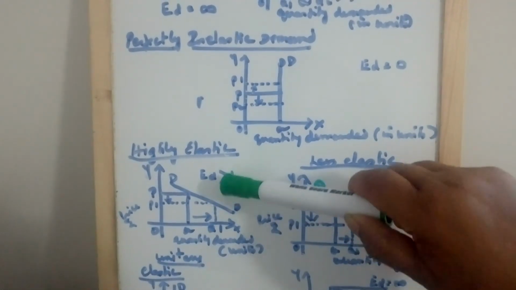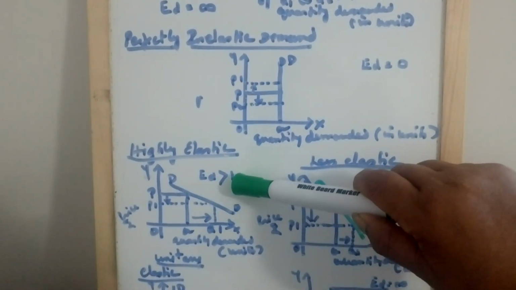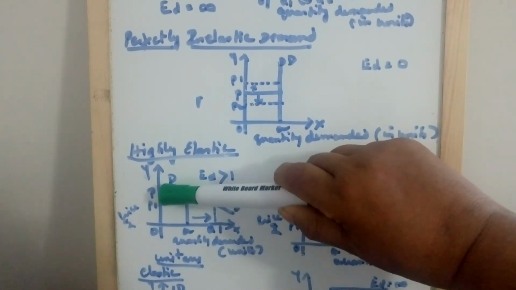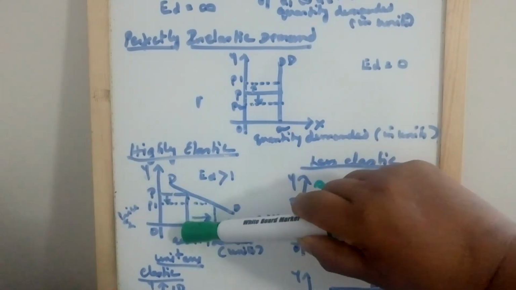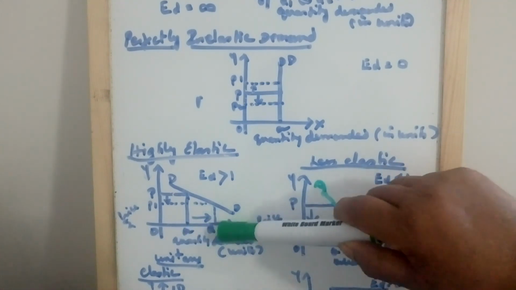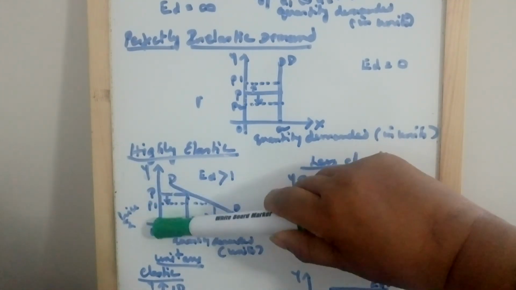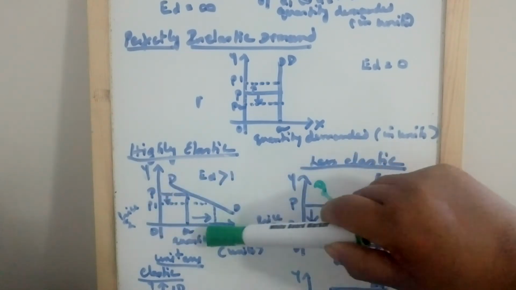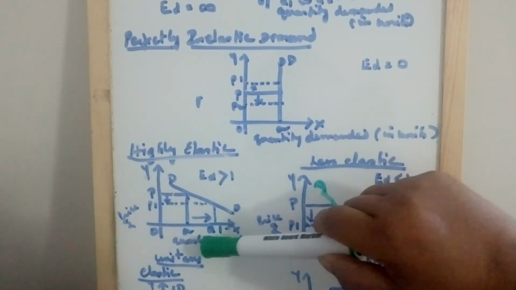In highly elastic demand, elasticity of demand is greater than 1 because the difference in quantity demanded is more than the difference in price. For example, here from OP to OP1 the price comes down, but the demand is from OQ to